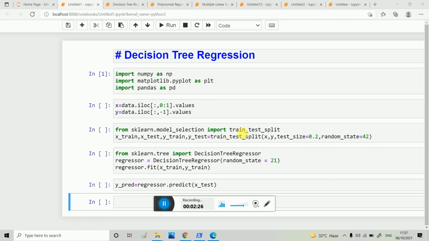So simply, in decision tree regression, we have a training data set, that is x train and y train. After that, the model plots the curve and the average value of y for a particular subgroup is taken. And if a test data, that is an x test, lies in a particular region, the y predict is the average value of y of that region. So I think you understand how exactly the decision tree works.